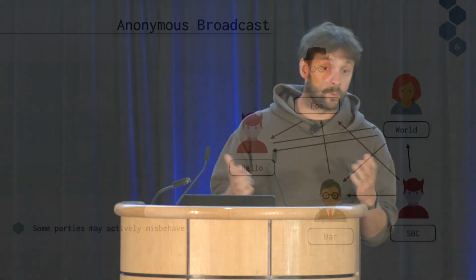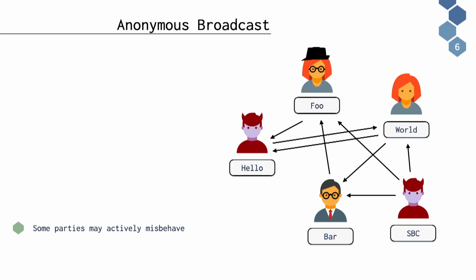And ideally, we would like the protocol to work even if some parties misbehave, if some parties don't send messages, or if they try to attack the protocol and prevent it from proceeding. We would always want the protocol to actually terminate, as well as is theoretically possible for some corruption thresholds. And as I said, full anonymity.